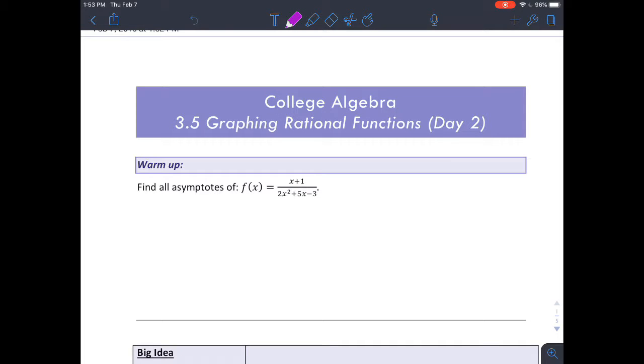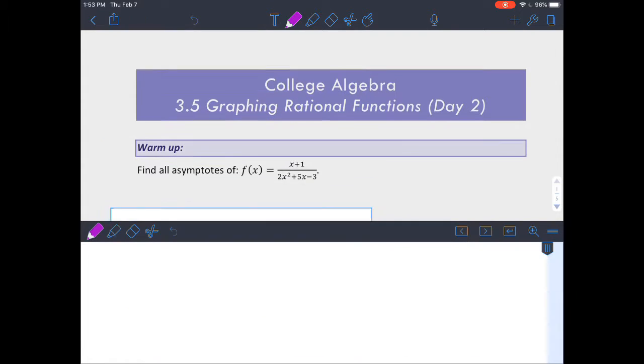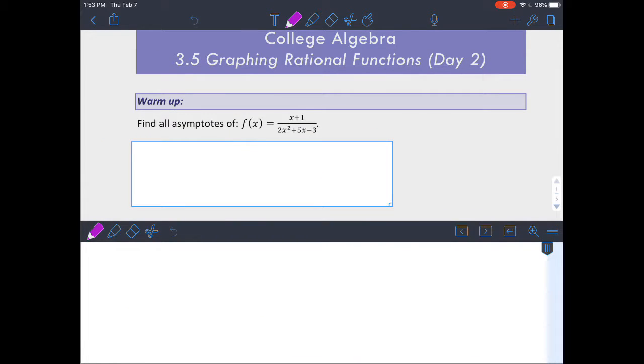And here we go again. So we're gonna talk more about graphs of rational functions. We're not actually gonna graph them, we're just gonna do some matching, which requires you to be able to identify